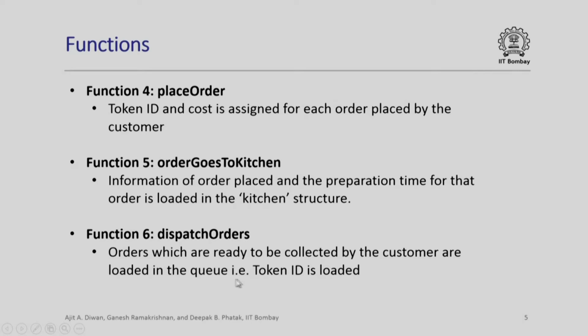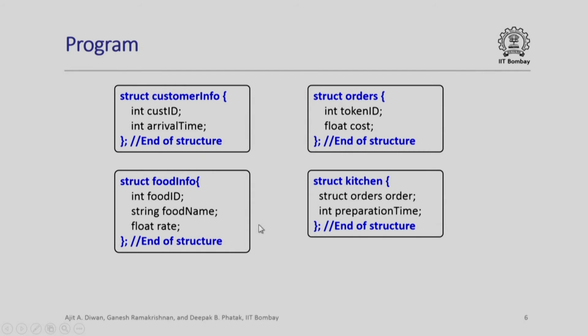So, the loading in the queue for dispatch orders, what is required is simply token ID. For this simplified processing, let us look at the program that we will have to write. First, different structures. The customer info structure has customer ID and arrival time. The food info structure has food ID,